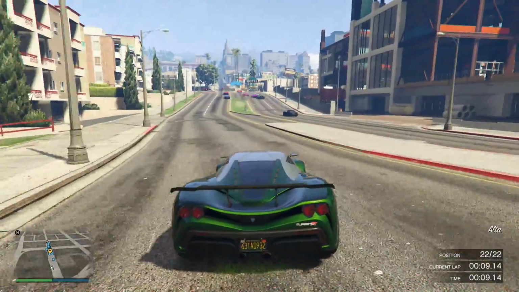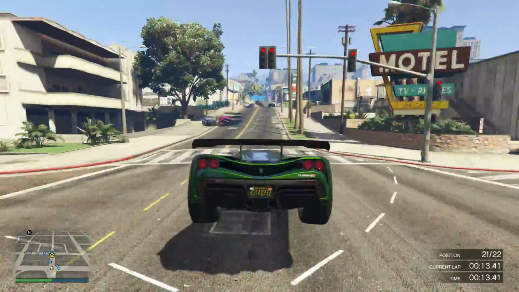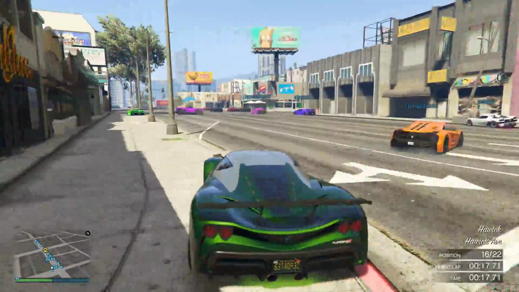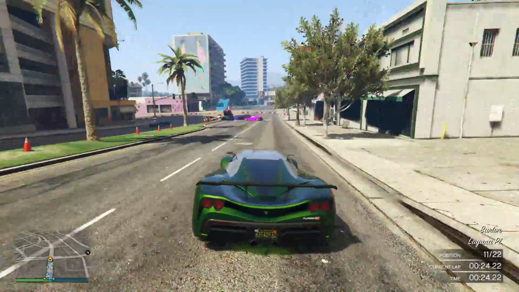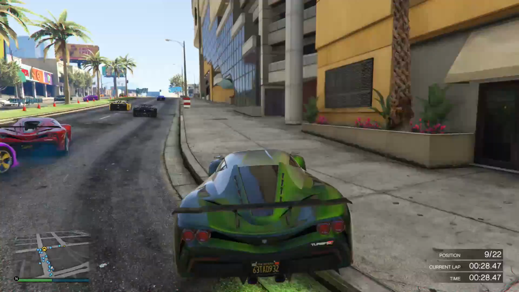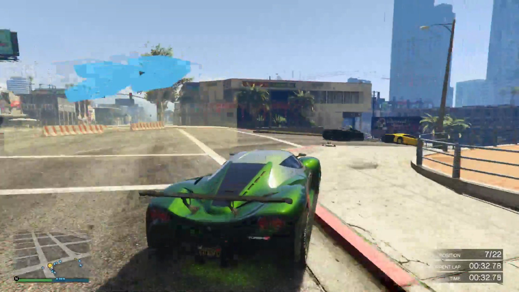And straight away you might think that sounds a bit confusing, and it definitely confused me when I started noticing that on the same tracks that I've raced previously on Xbox One, I was able to get significantly quicker lap times when I've been racing them on the PC. And there's a lot of things that you can put that down to, but I think I've got one theory in my head that could possibly be explaining the huge difference in lap times that you're about to see,